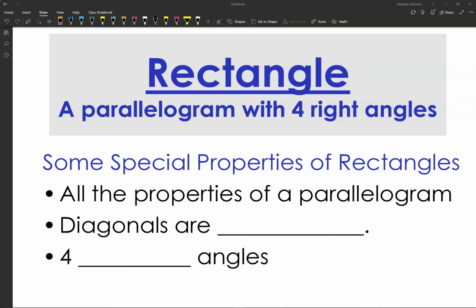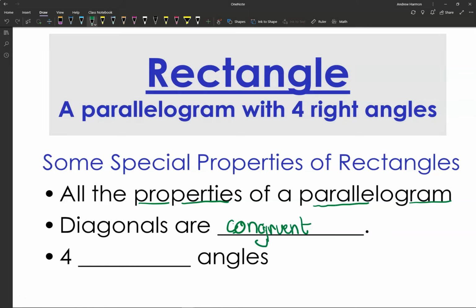So we're going to continue looking at the properties of specific quadrilaterals. The first quadrilateral we're going to look at today in this video is a rectangle. A rectangle has a couple special properties. First off, it has all those 5 properties that a parallelogram has, but it also has 2 special properties of its own. The first property is that the diagonals are going to be congruent to each other,